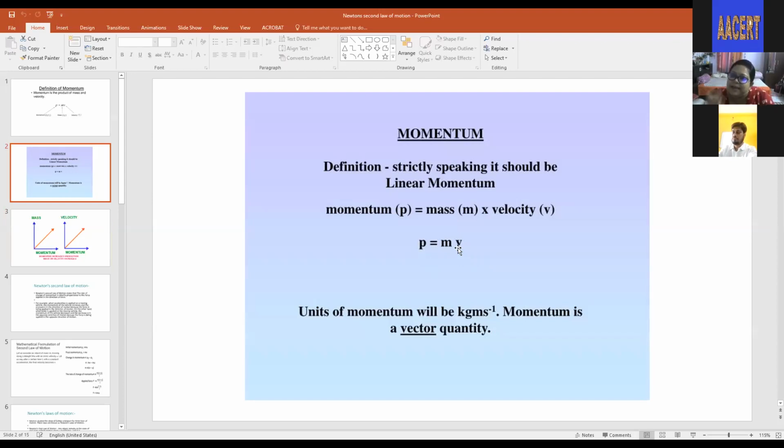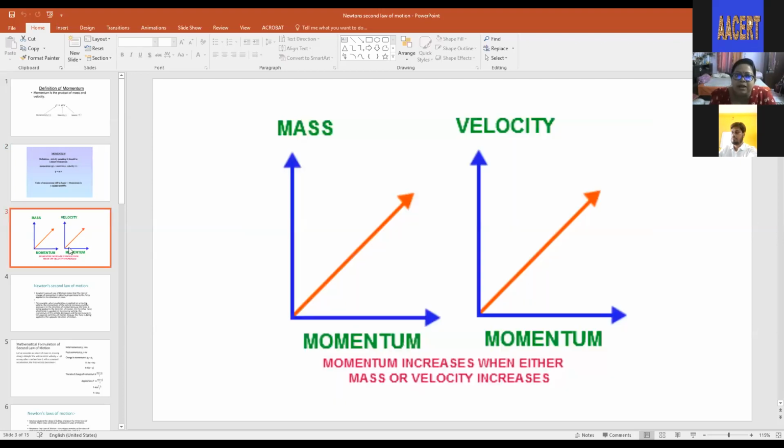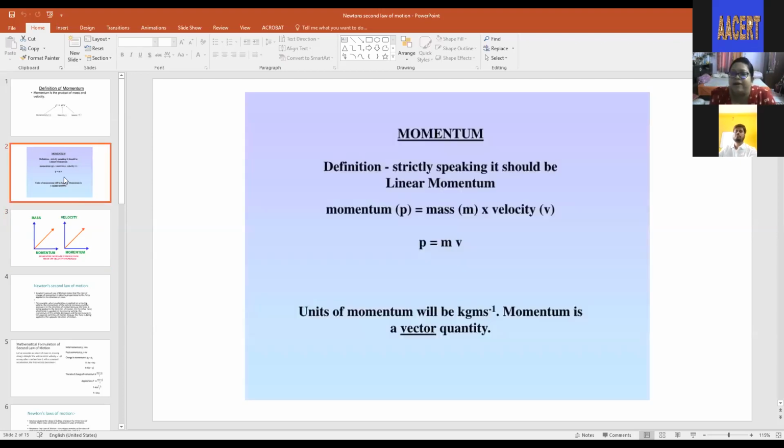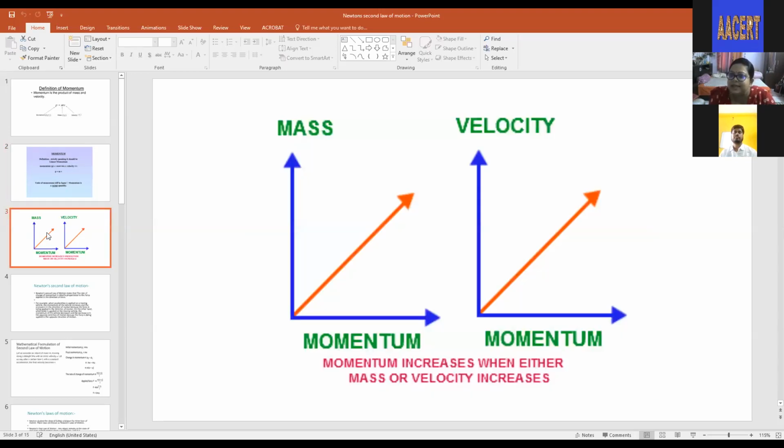Momentum is directly proportional to velocity with a constant mass. After explaining momentum, before going to the third slide, I will prefer to ask the student to draw the graph, because they know how to plot a graph, a linear graph or anything like that. So you can then ask them, does your graph look like this? Then they may ask you questions. So before going to the next slide, you also keep some type of questions.